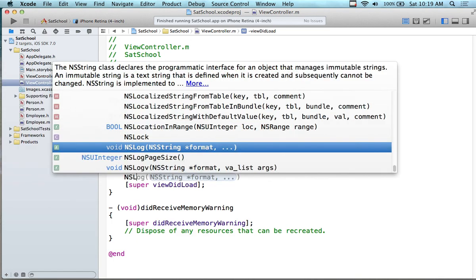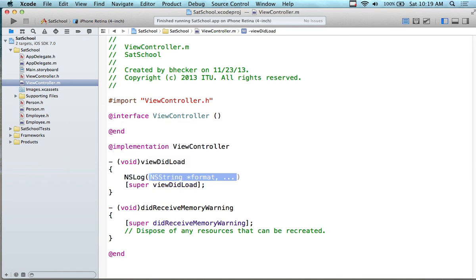So if I type in NSLog as an example, I can put a string in here. And now I've turned this GUI application into a console-based application, which is what we're going to do first, and then we'll use it back as a GUI. I did this a few minutes ago with a string. I don't know if I did it with a string or not, but we'll just do it right now. If I put a string in here, I'm going to get an error message. If I put in here, made it to viewDidLoad,